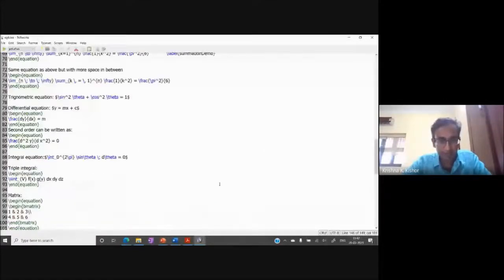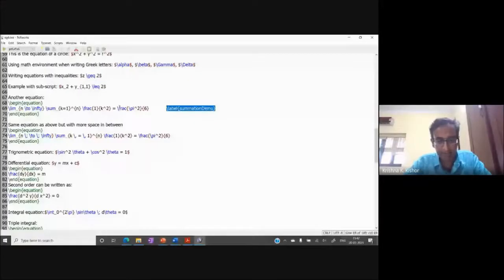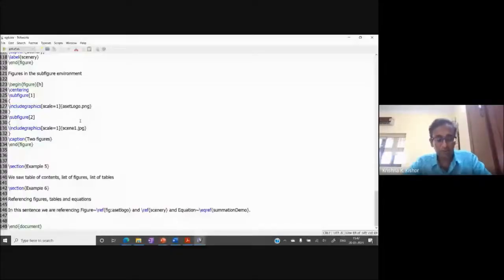After my equation, this limit equation, I'm putting this keyword, label, and I'm labeling this equation so I can refer to it in future. So I referred to it within my paragraph. Let's see what the output looks like. Over here also, you might have to compile it twice just to get the numbering correct. Sometimes that is needed.